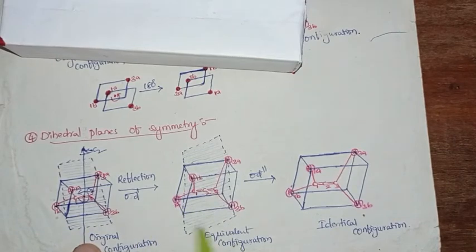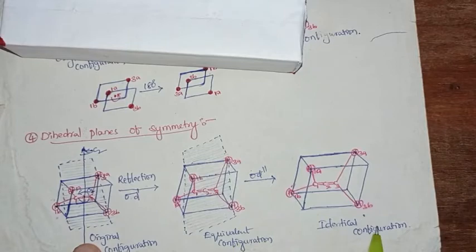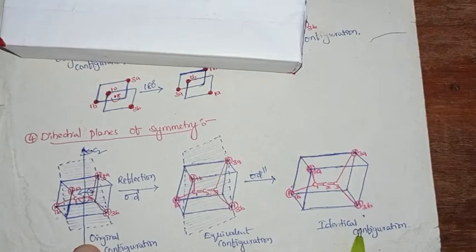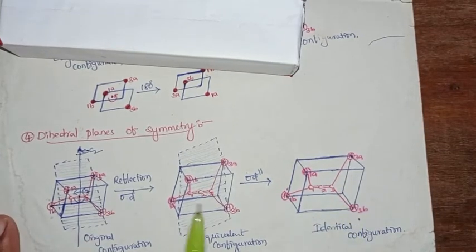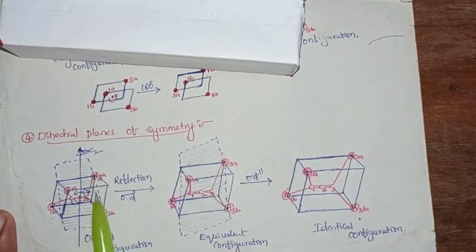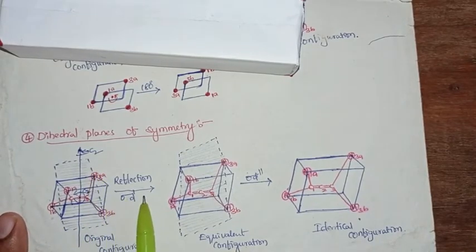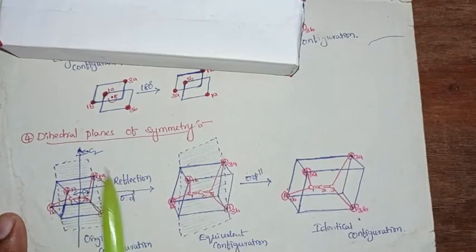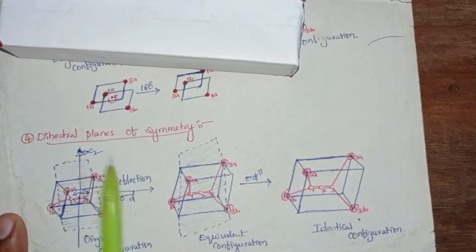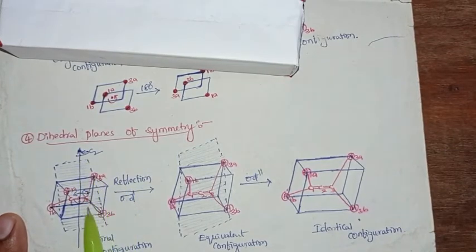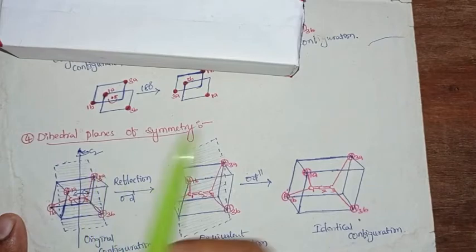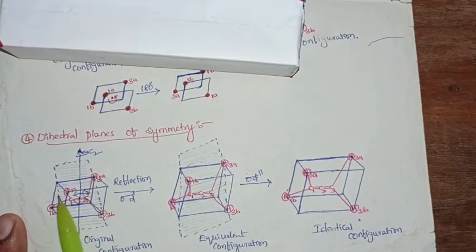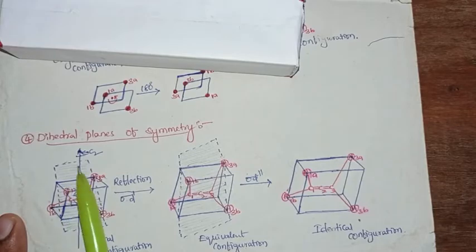One time rotation, one time reflection gives an equivalent configuration. The second time, it generates an identical configuration, right? A plane passing through one group of hydrogen atoms generates a dihedral plane. Reversely, when we apply a plane through the other group and passing through all the carbon sites, we also generate another dihedral plane, isn't it? So with one of the methylene group hydrogens it generates a dihedral plane. The other group can also generate a dihedral plane, right?